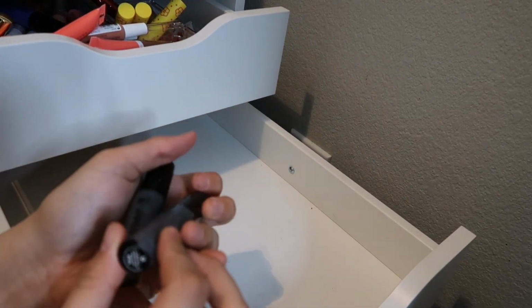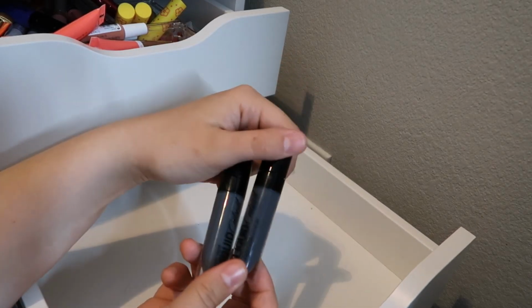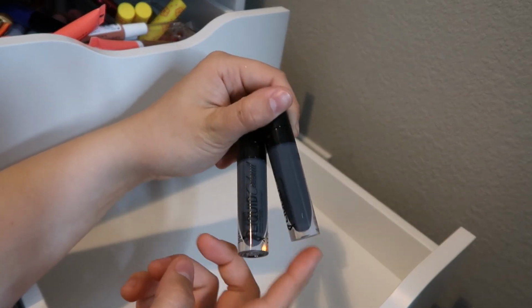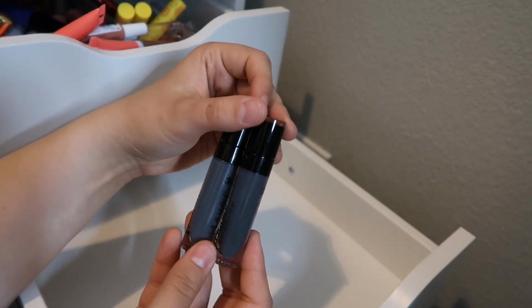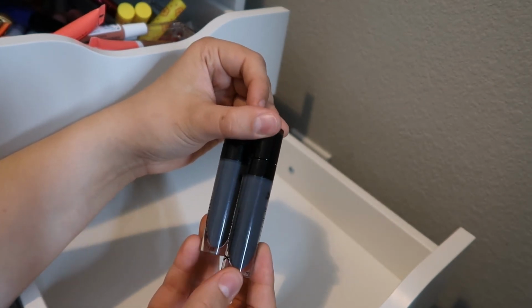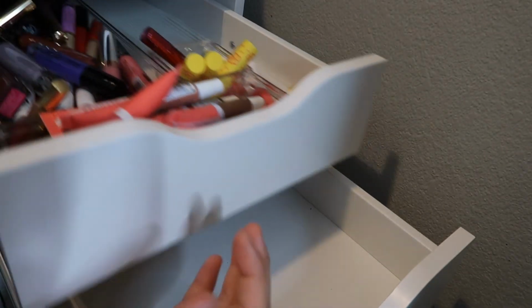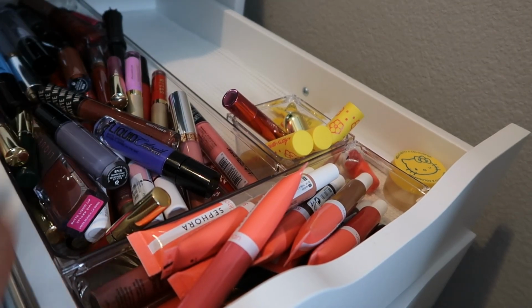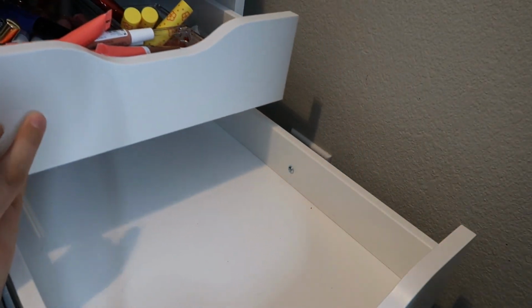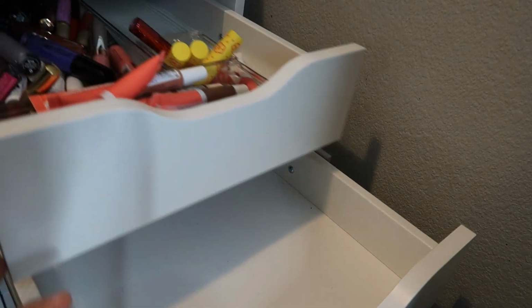And then I have Loose Change and Sleepy Hollow. So Loose Change is lighter than Sleepy Hollow, but just barely. Do I need both? No. Am I gonna keep both? Yes, because they are both beautiful and I'm not ready to give them up. So, not doing too well here, but keeping. So, then we have regular lipsticks,